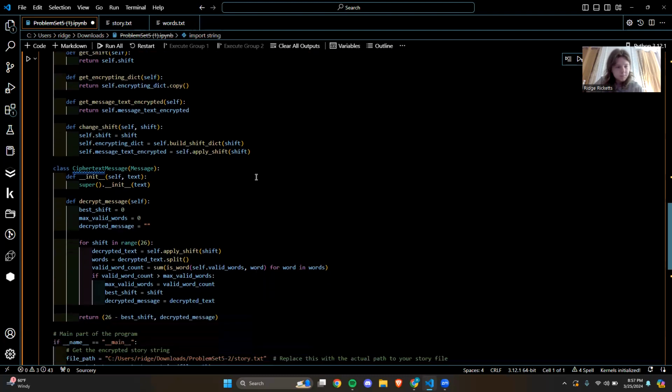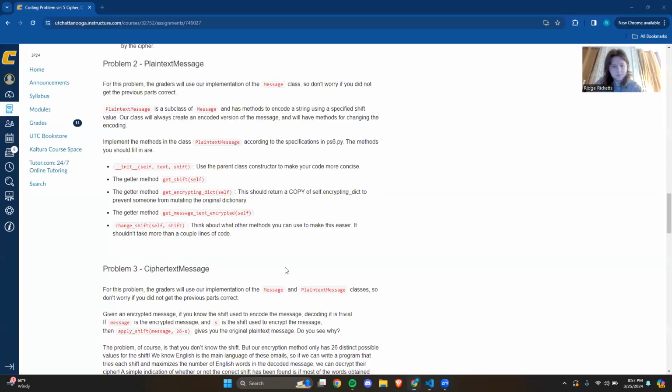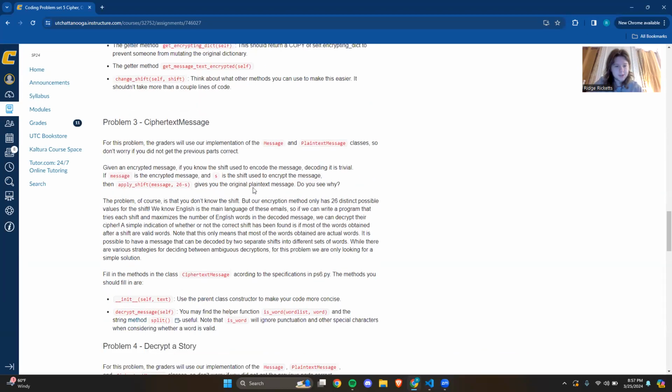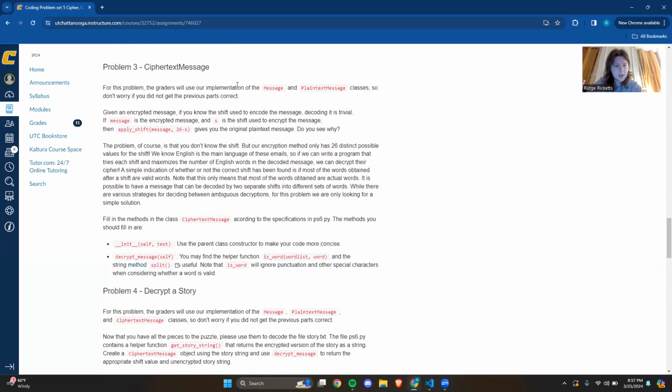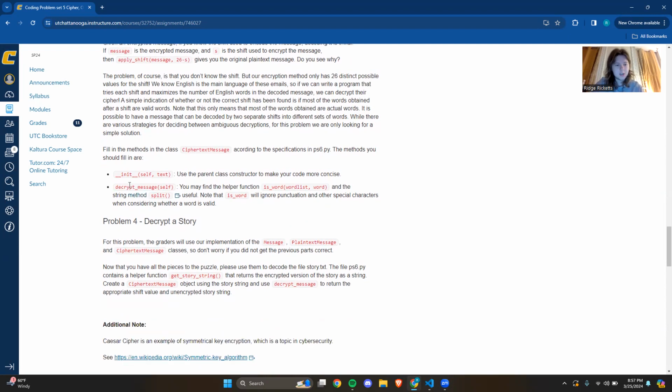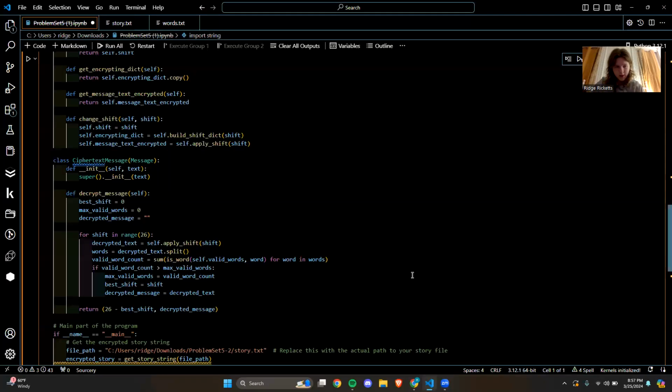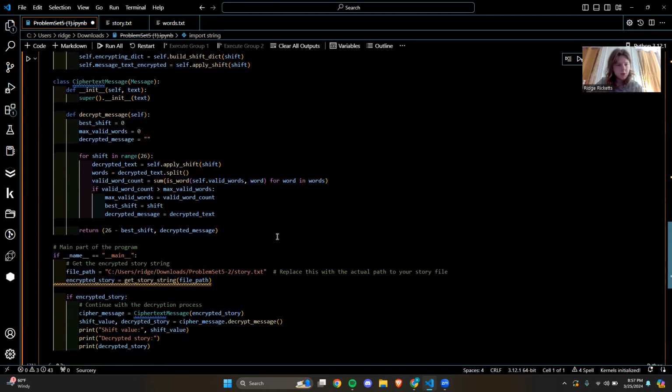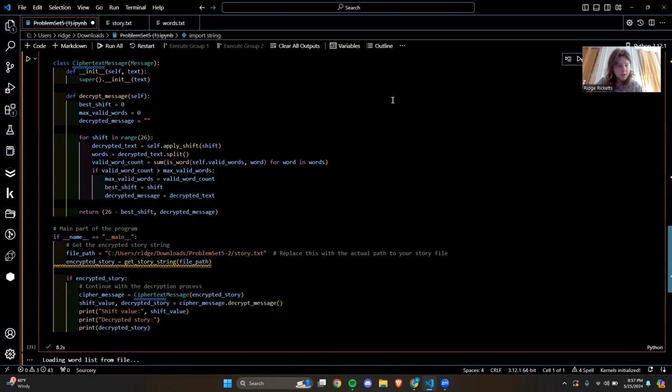All right, let's go over here. So we have ciphertext message. Moving on to our next class, we are asked to once again fill in the methods in the class according to the specifications. We have two of them: init with the text, and then decrypt message. So back here in VS Code, ciphertext message. And so in this code,